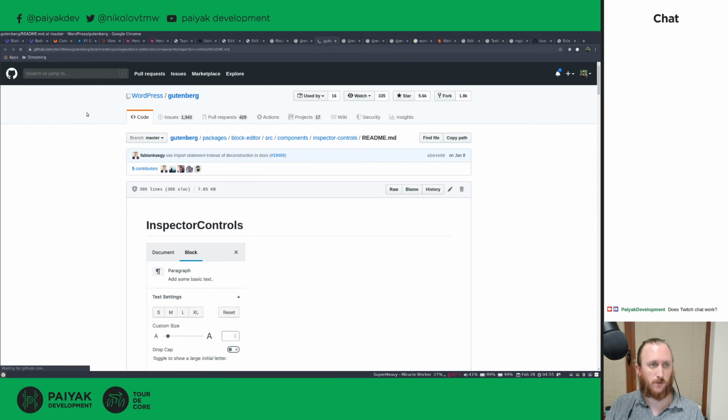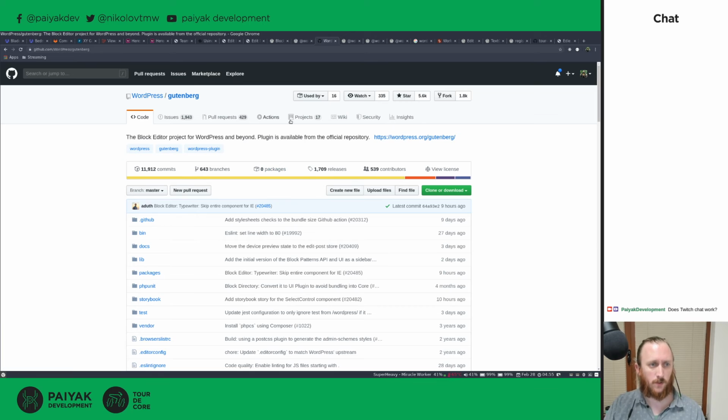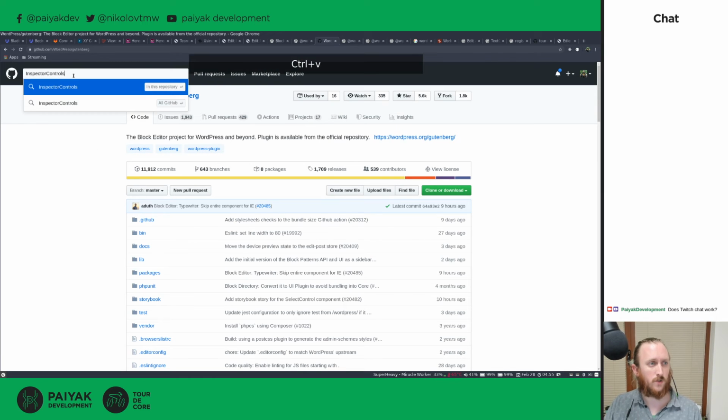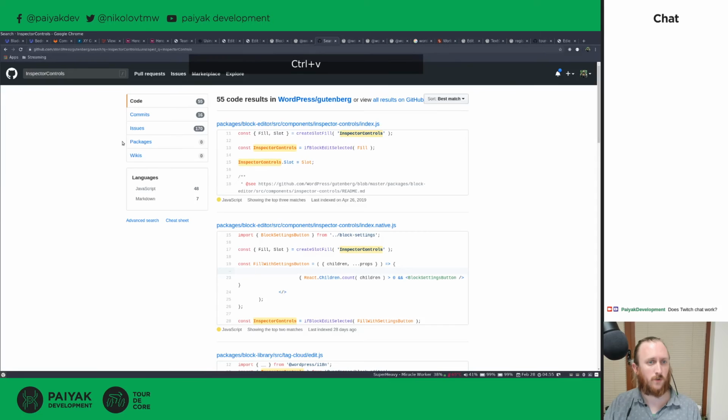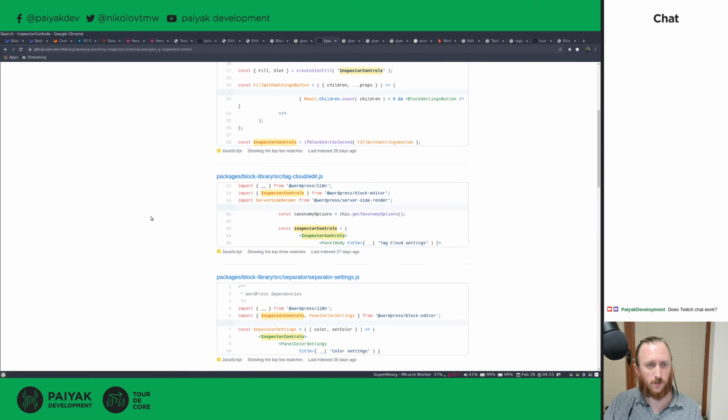You would go to the repository, ideally. If not, maybe you can search in the code that you have in your WordPress install, but probably it's not going to be as good. But anyway, you just come in here and search in the repository for inspector controls, and we can find really just any